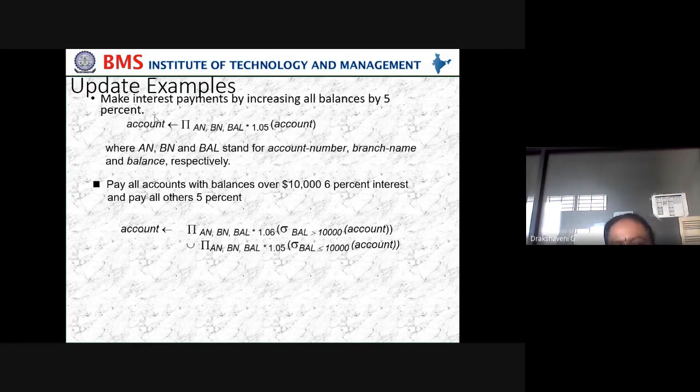And we have seen, I want to update a bank with interest. So the bank people, whatever amount you have in your bank, every 3 months they will be depositing interest into your account. So for that, how do we do it? Multiply the balance with the interest rate given and add that to the account. So this is one example we have seen with respect to update.